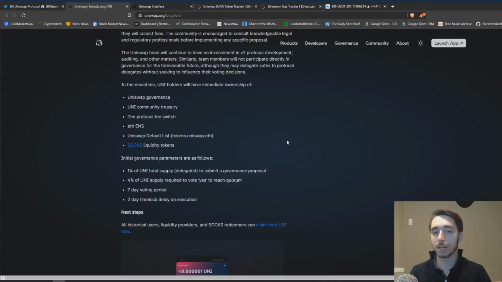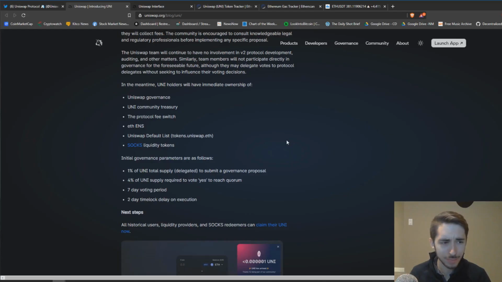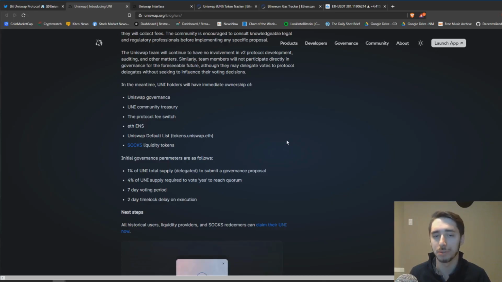Now, I've talked about a lot of the things that the team has done right on this. And I want to say again, from the supply, from the way the team at Uniswap has gone about providing utility for it and providing governance ownership, and then also determining the governance process initially, I want to say hats off. This has been one of the best governance tokens that I've seen in the market. That being realized, there's a few things to consider. They're not entirely bad things, but there's some things I want to bring up here.